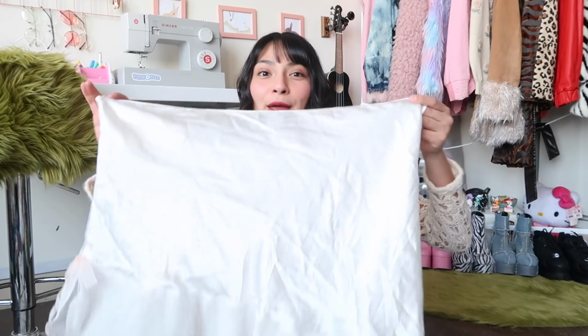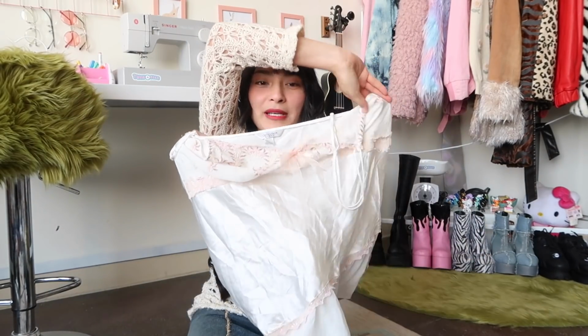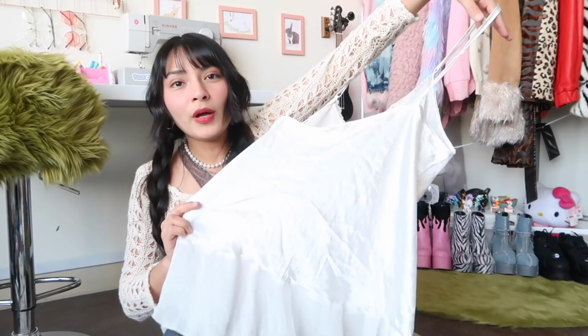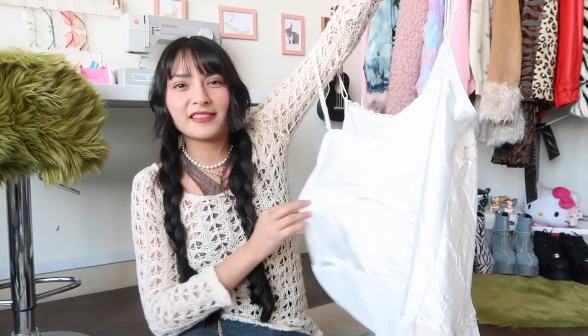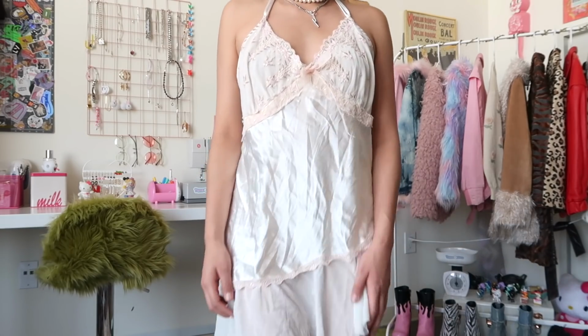Have you ever tossed dark wash jeans with light colored clothing into the washer? Well, I did that this weekend and I ruined so much of my light colored clothing, and it pretty much looks like this. So this is the last slip that I picked up. I got it at Goodwill and I thought it was super adorable, and I was wondering why it was still there. Well, I'm finally seeing that there is a whole bunch of blue dye on the back of this slip. I'm not sure if it's coming through on camera because it's so overexposed, but trust me, it does not